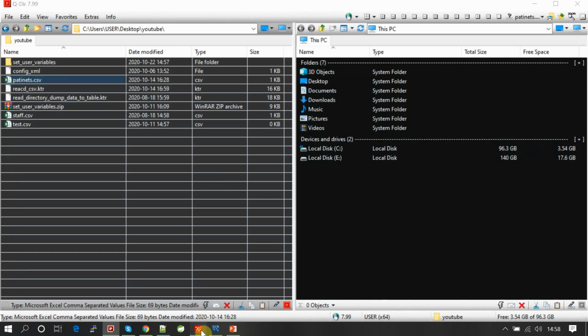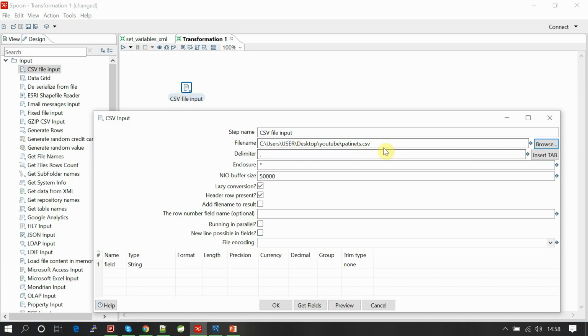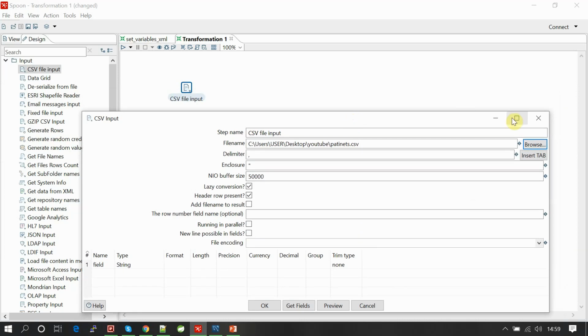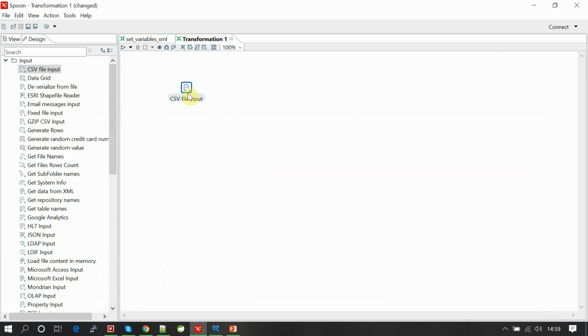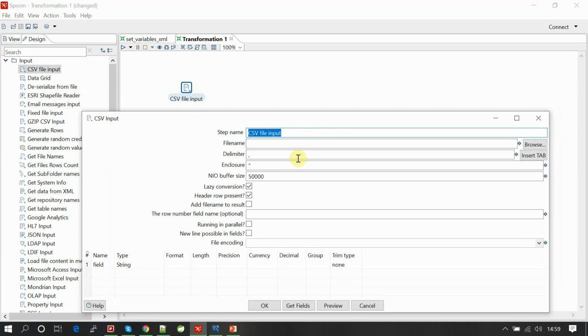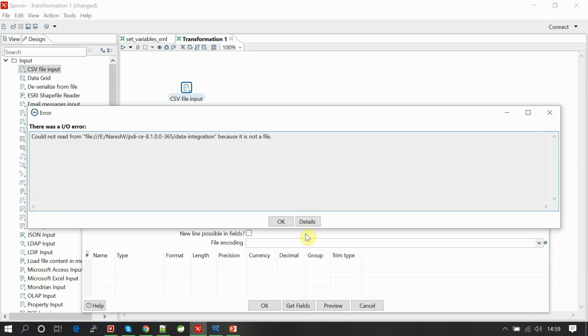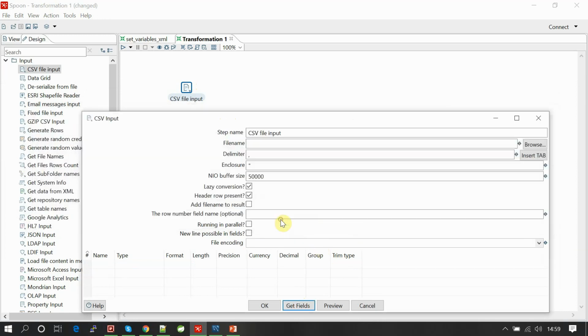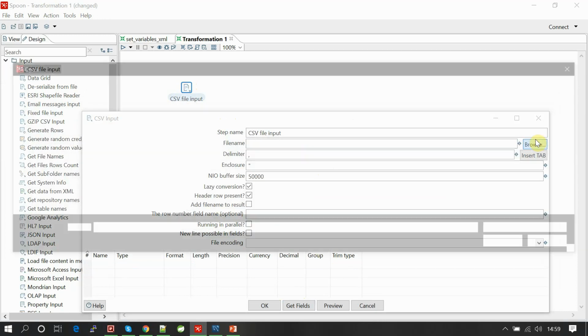For that, I'm just reading this, you can see how. So with CSV input we are going to read CSV data, with comma delimiter and enclosed in this one, and you can get fields here. Oh, not a file. Just browse this once again.